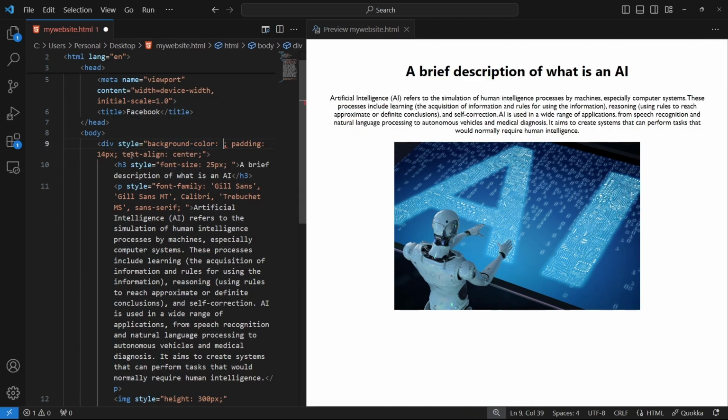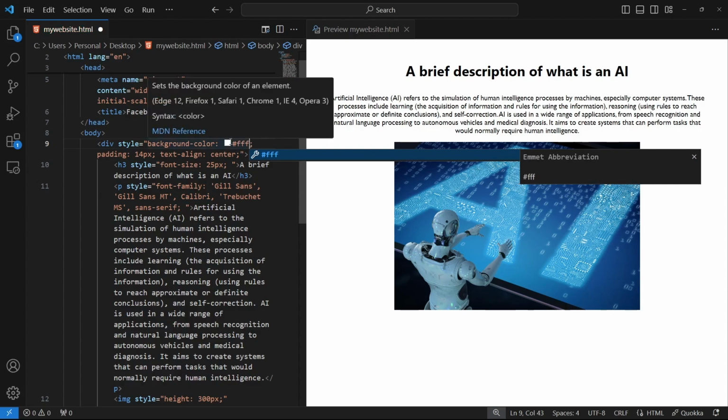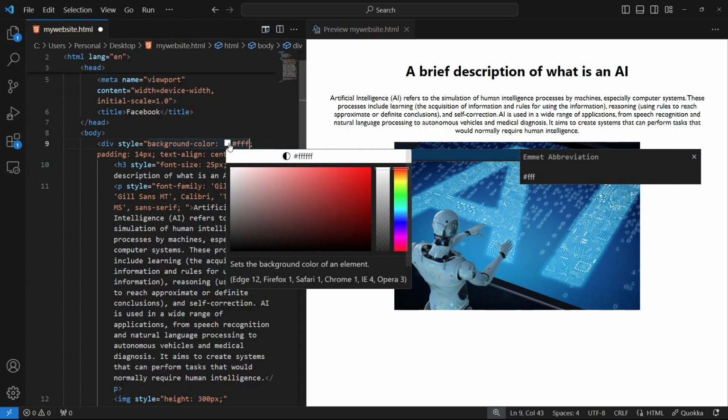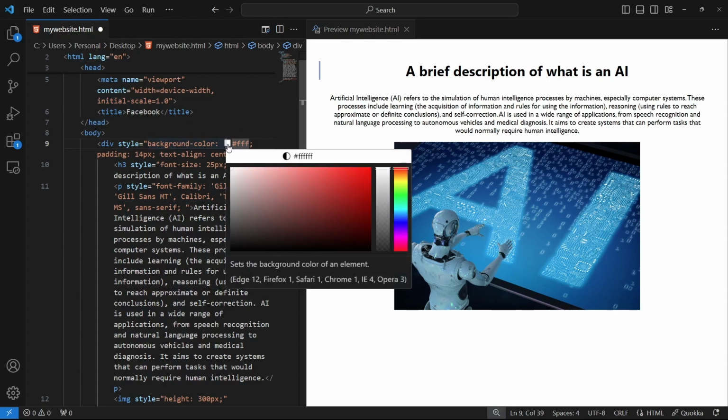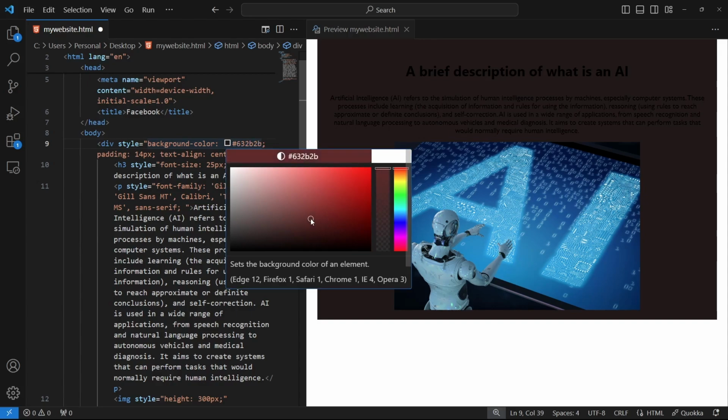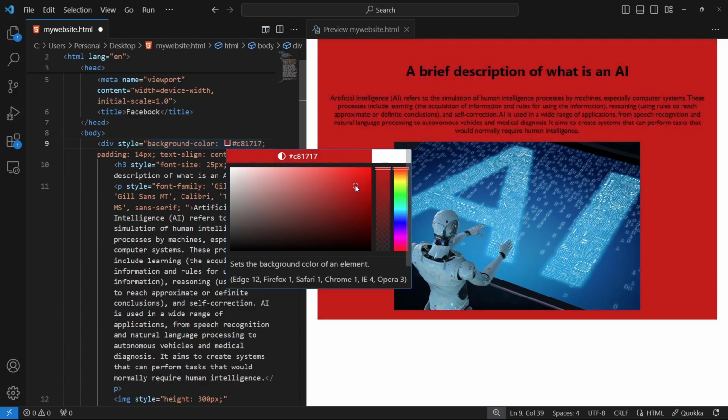We can also add hex. This one is a type of color, hex. White. We can change it as well by clicking this tiny color box, and then change the color of our background into something else.